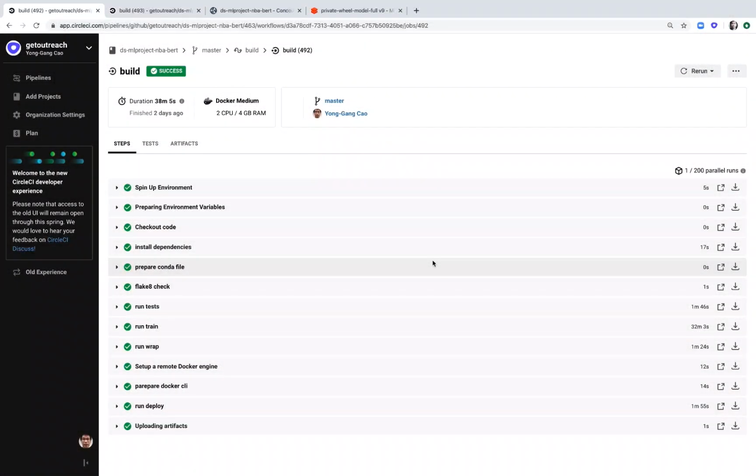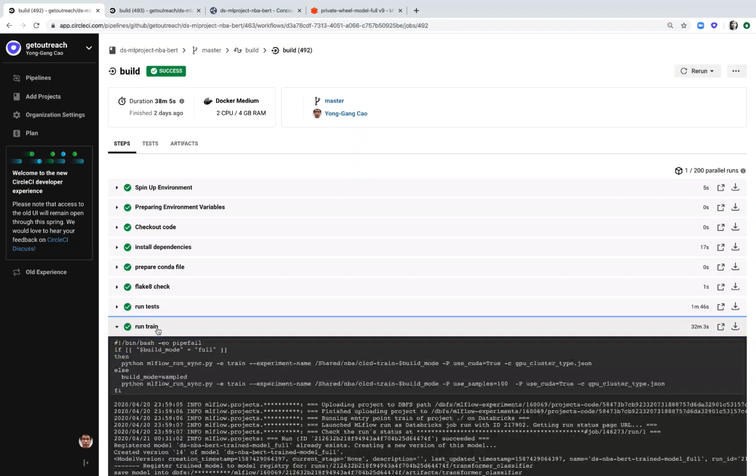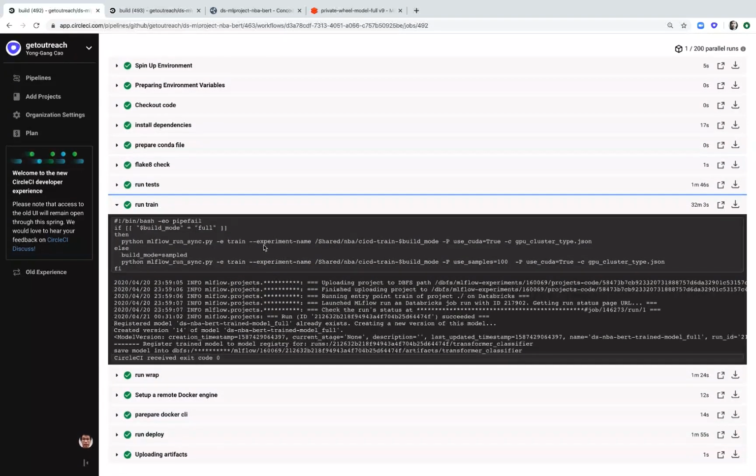I'll do a quick live demo for our CI/CD tool here. As you can see, this is one of our projects in the SQL CI. Besides the unit test, we have other steps for training the model until the deployment. In the training step, we have two branches. One is to build the full model, and the other is to use 100 sampled records to build a sampled model.